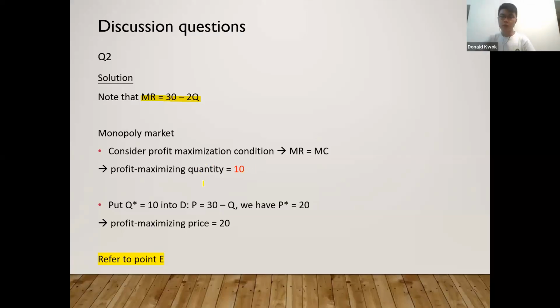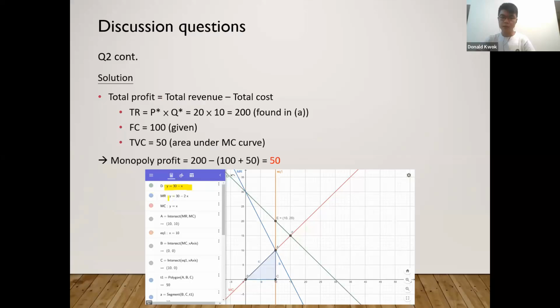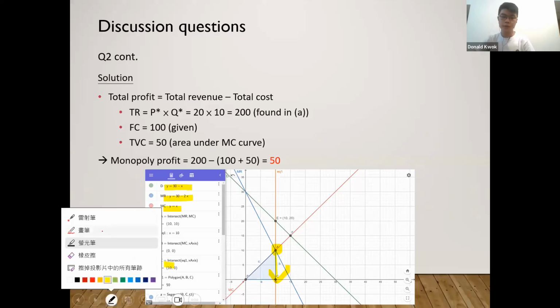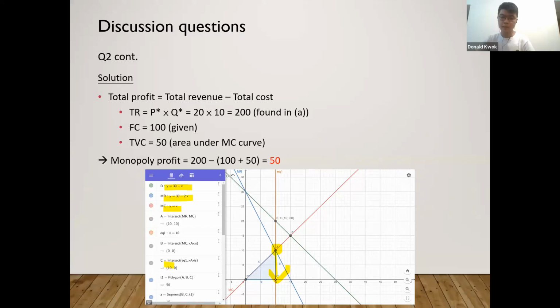So if you plot everything in GeoGebra, right, the demand, marginal revenue, and all the marginal costs, you are able to find the point where MR equals to MC, which is point A here. The corresponding quantity as suggested by point A will be the profit maximizing output, 10 units. And finally, step 4, to charge a monopoly price according to the demand curve at this profit maximizing output. Okay, so as you can see, the corresponding price as suggested by the demand curve is $20. Okay, so point E will be giving us the information about the quantity and price.